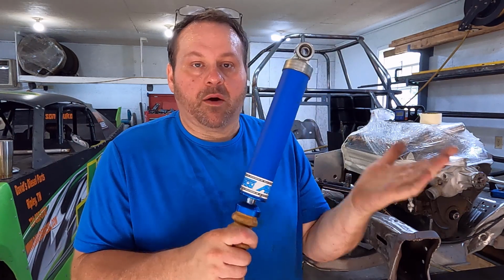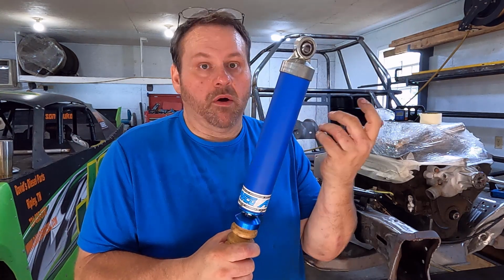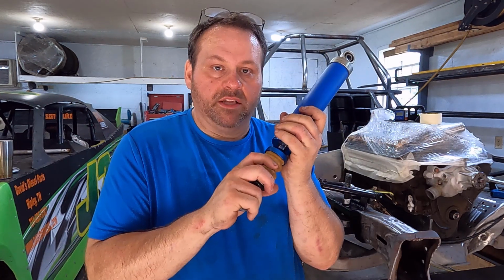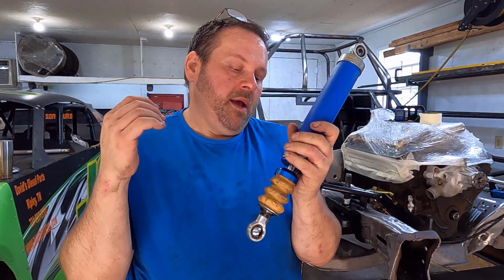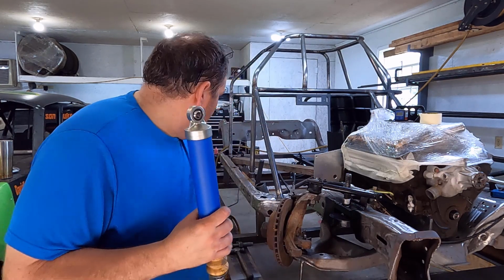We're going to mount this shock with body up so that it is sprung weight and very little unsprung weight right here. And on the bottom, we're going to use a narrow mount because we're going to sit down in the control arm, and I'll show how that's going to work. We're going to use a narrow mount there. And then on the top,